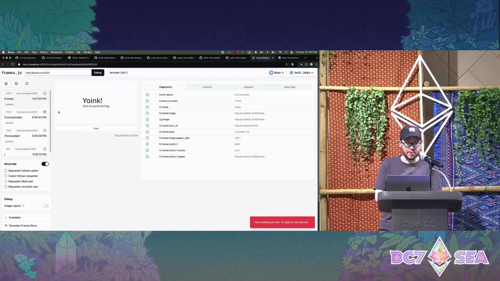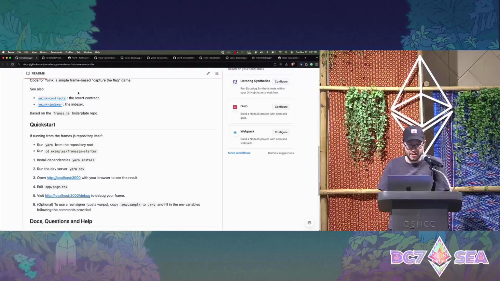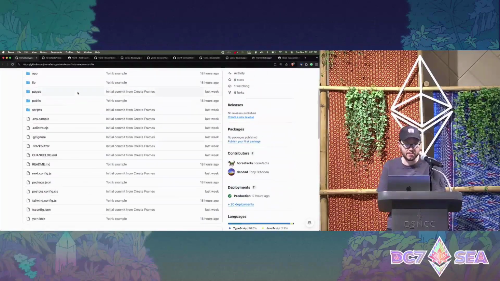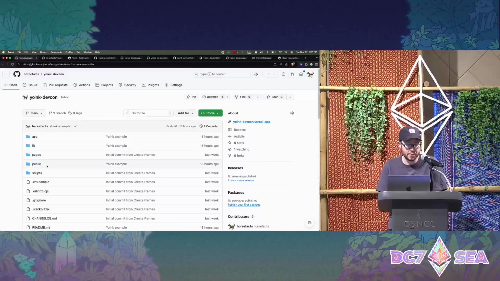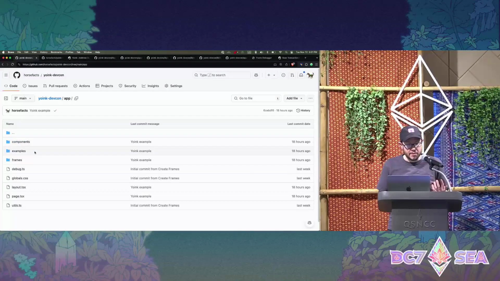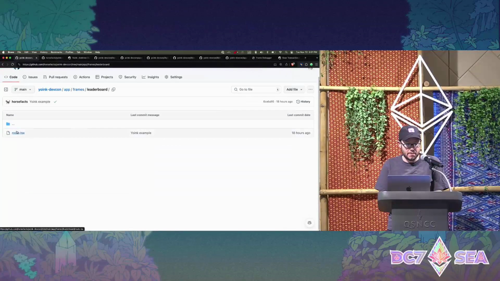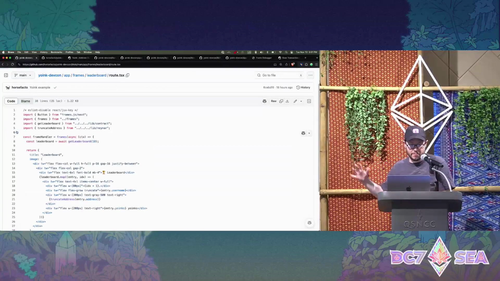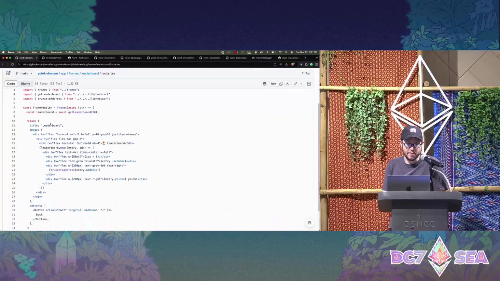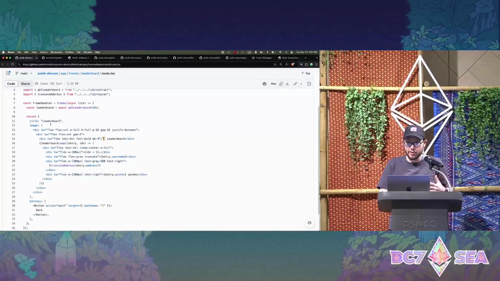Okay, final step in here. I'm not going to implement it since we're running out of time, but let's take a quick look at the code. The last thing in here is to build out a leaderboard. And if you want to look at this separately, the idea here is that it's very difficult to build out a leaderboard in a performant way, right?